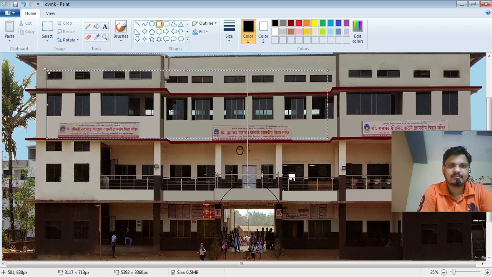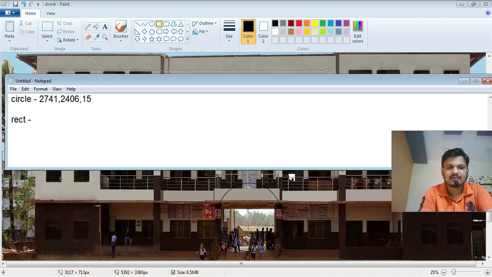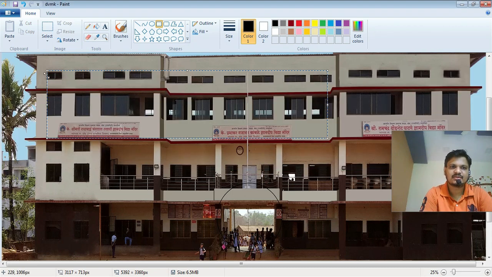I'm going to get coordinates diagonally. The top left corner displays 505, 834 pixels.